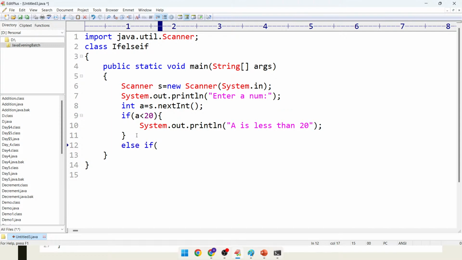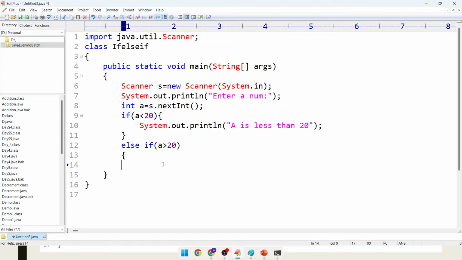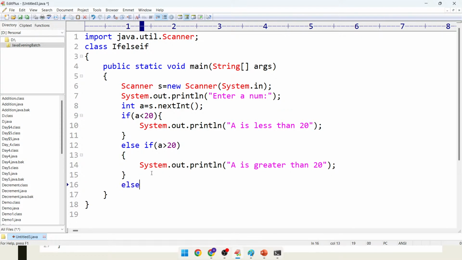Else if a is greater than 20, I need to print this statement, guys. I will print this statement. Otherwise, I will check one more condition. Else if a is equal to 20,